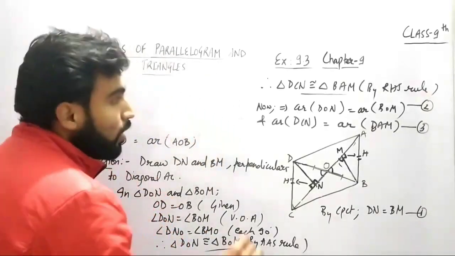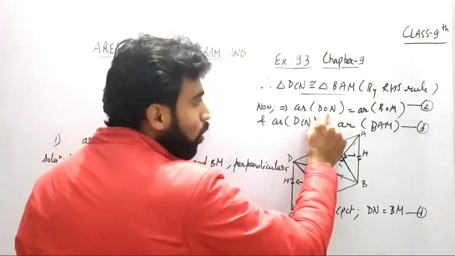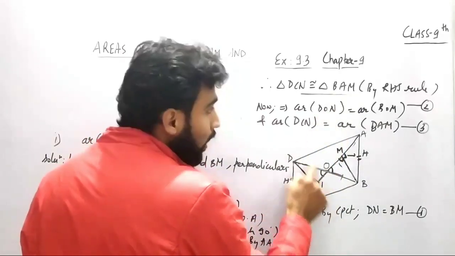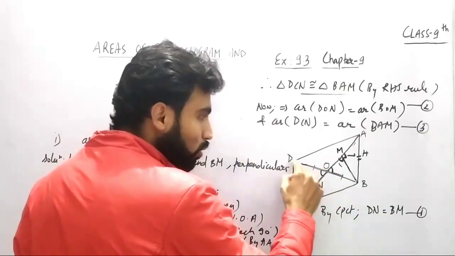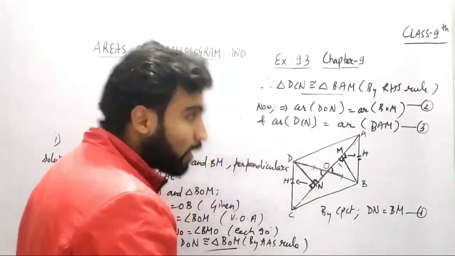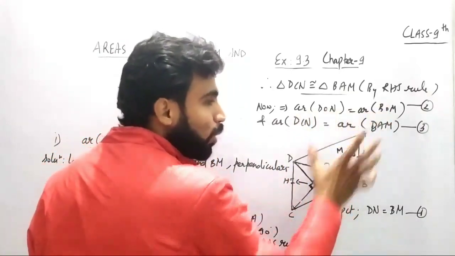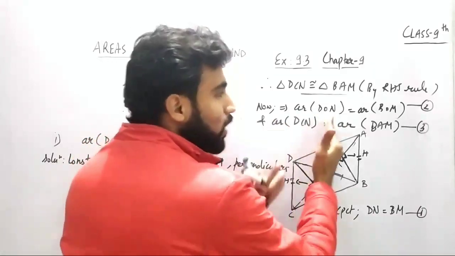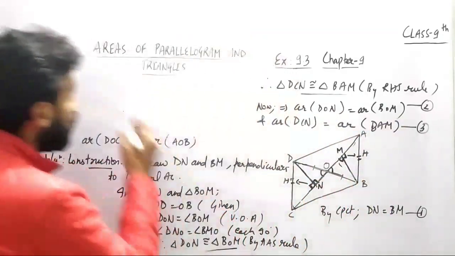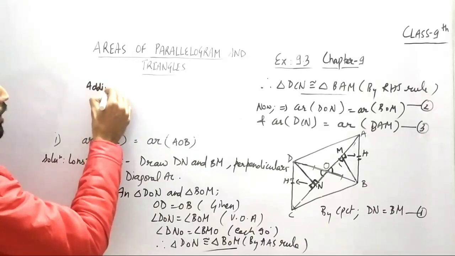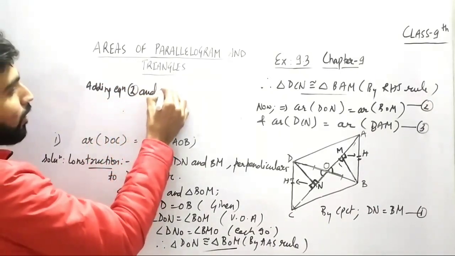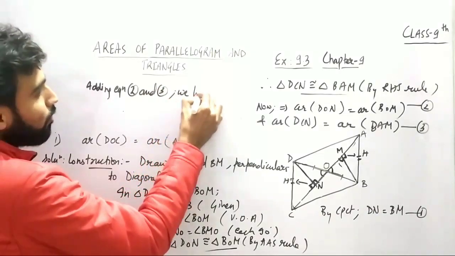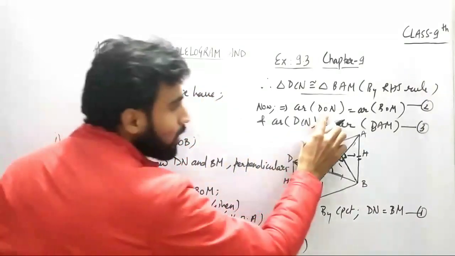Now you will find out that look at this DON and this DCN. आप देख सकते हैं अगर मैं इन दोनों ट्राइंगल्स को जोड़ देता हूं, so we will get DOC, right? So I'm going to add these two equations on the left hand side as well as on the right hand side, right? So you have to write that adding equation number second and third, we have,